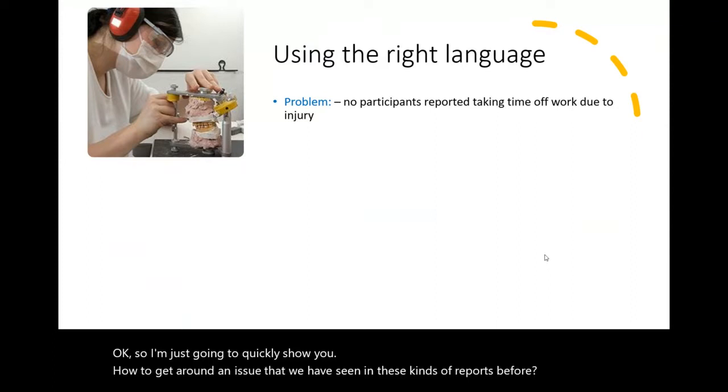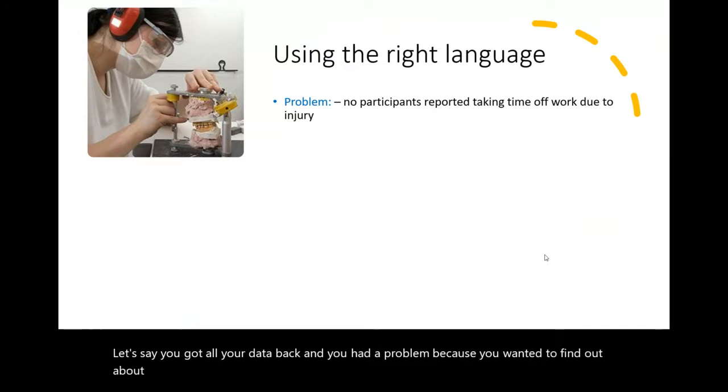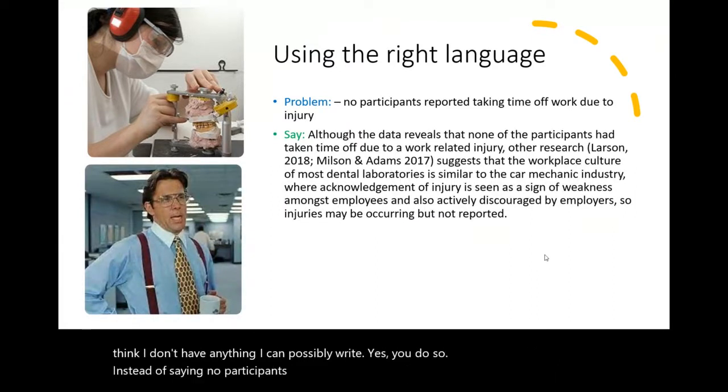Let's say you got all your data back and you had a problem because you wanted to find out about people taking time off due to work injuries, but your data said no one did. And you think, well, I don't have anything I can possibly write. Yes, you do. So instead of saying no participants reported taking time off work due to injury, you could say,